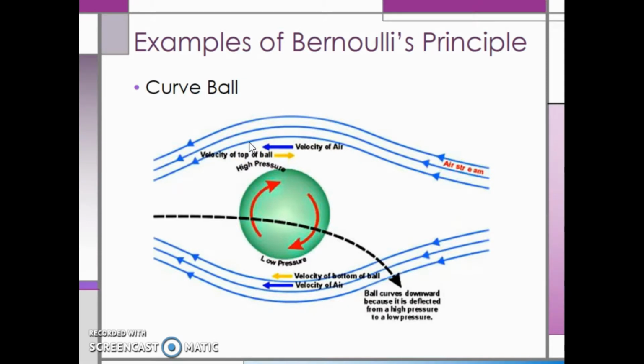If the airspeed is reduced just above the ball, we will have an area of relative higher pressure. Below the ball, since the air and the air being dragged with the bottom of the ball are both traveling in the same direction, the speed increases. With an increase in speed, we also have an increase in kinetic energy, but a decrease in the pressure. Since there is lower relative pressure below the ball than above the ball, in this example the ball curves downward.